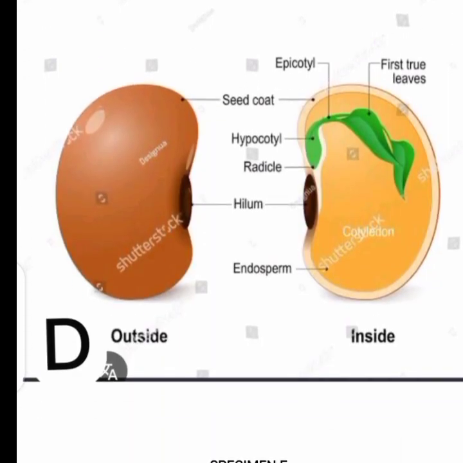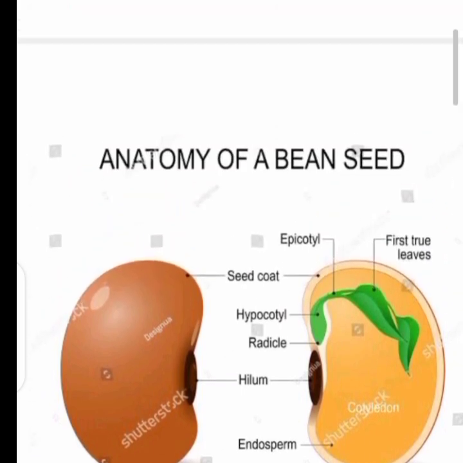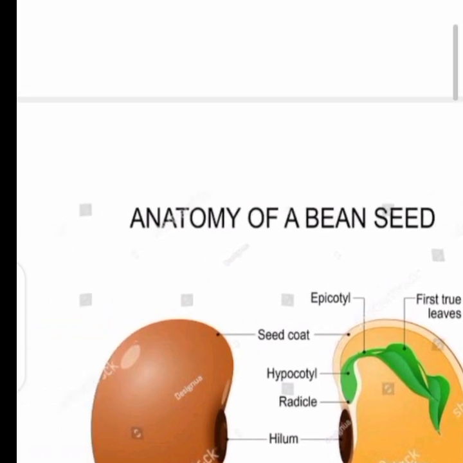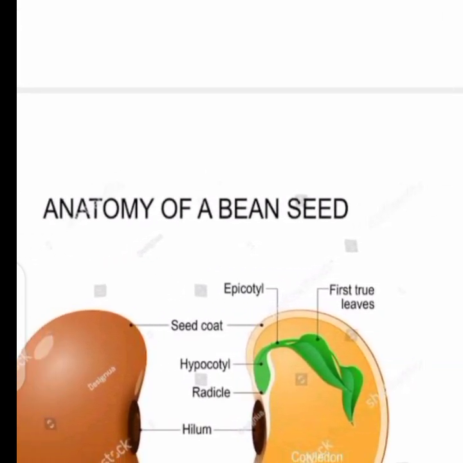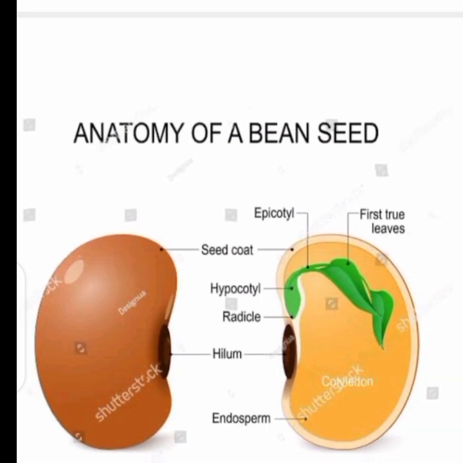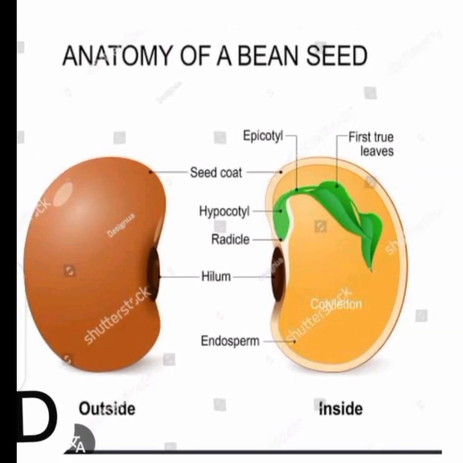bean seed. Bean seed. So what would you tell about it? What would you say about the structure of bean seed? Bean seed has a body layer. So let's say a seed coat, a protective layer, an outer layer that surrounds the seed. And that protective layer is selectively permeable. That is, it has a selective permeability property, which means it allows only water molecules to pass through